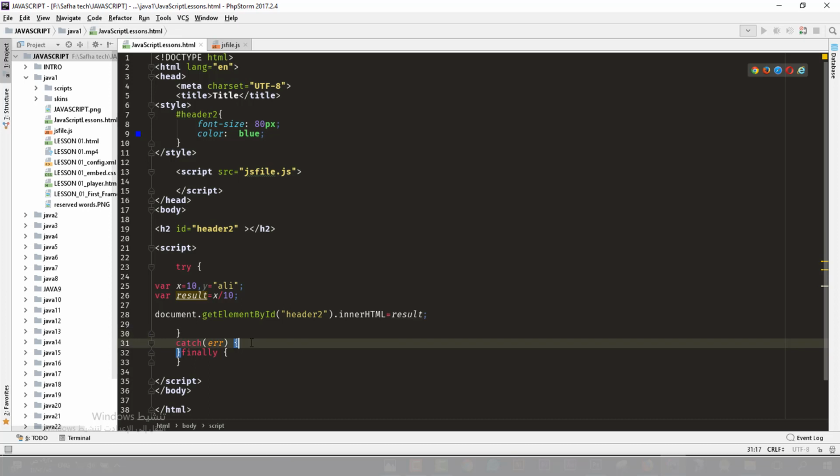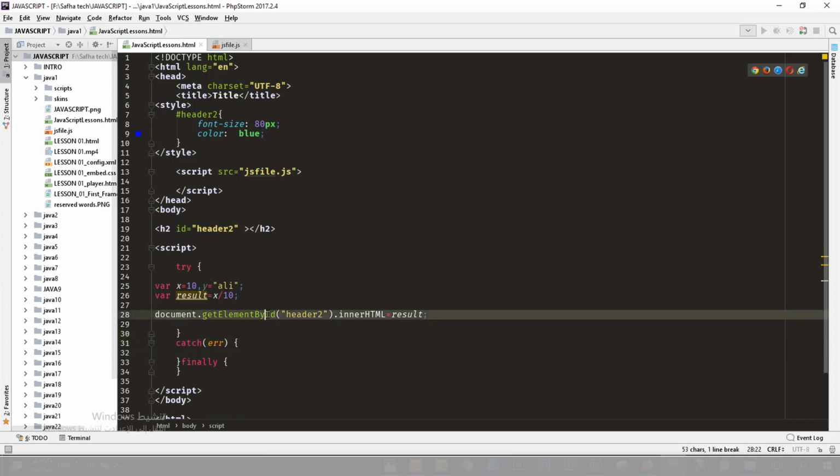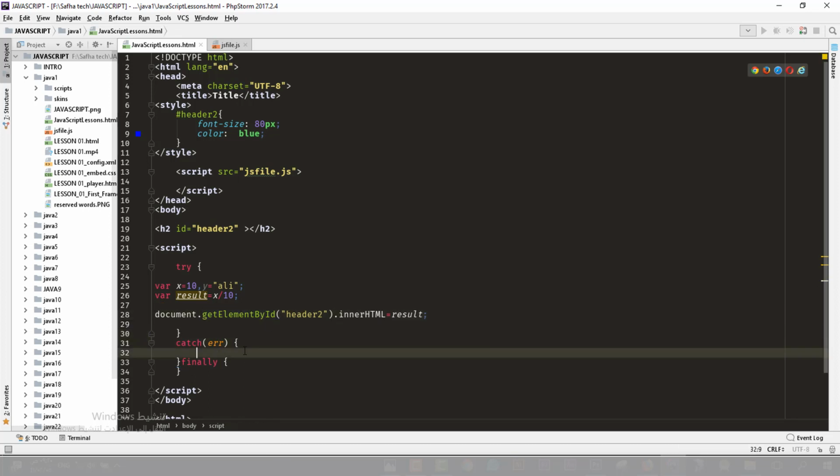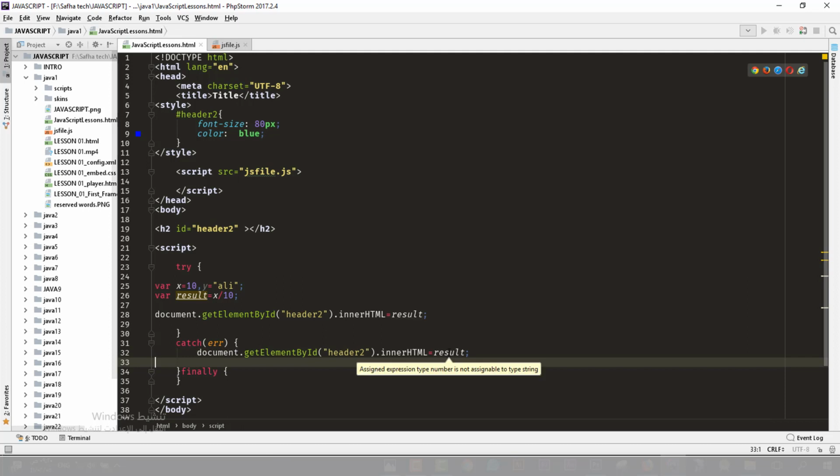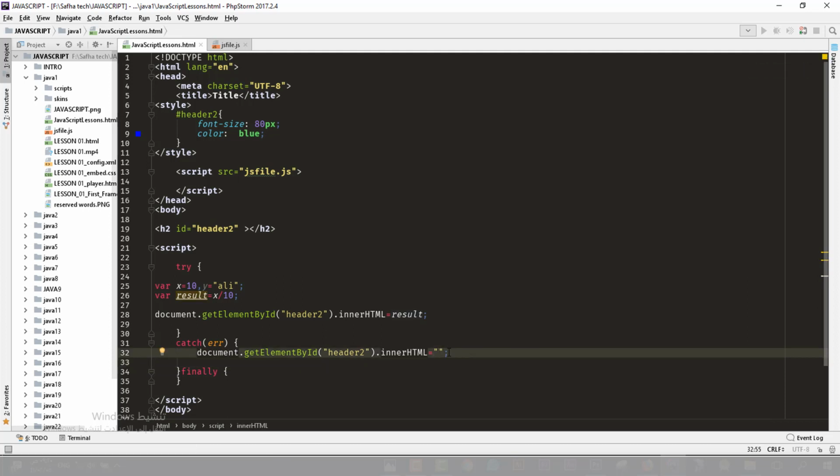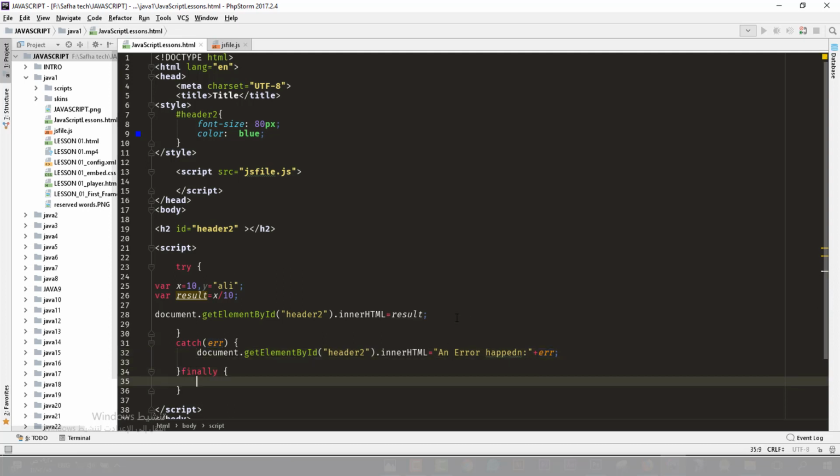Great. In the catch, for example, here I will copy and paste this element here, and let's say an error happened. And I will write the error over here, which would be error. Great. Okay. Finally, I will write, for example,